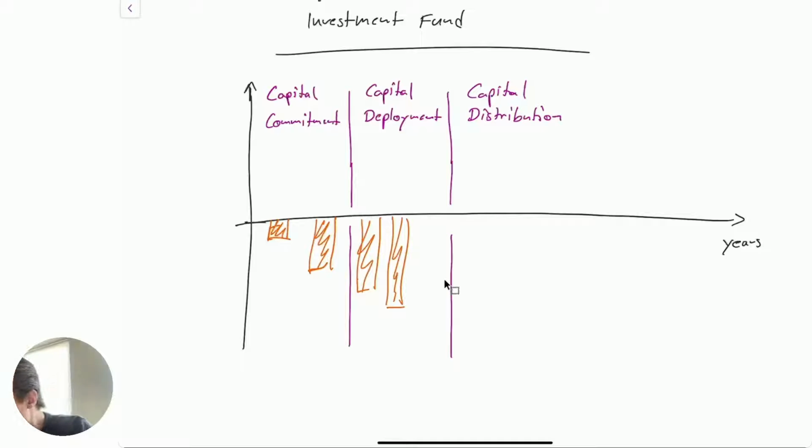That's why we call it deployment phase. But depending on the investment opportunities, it can happen a bit later as well. So this is basically our cash outflow, because this is where initially money is invested,